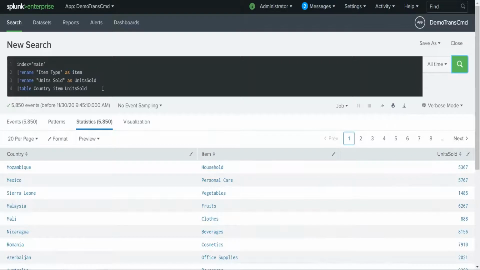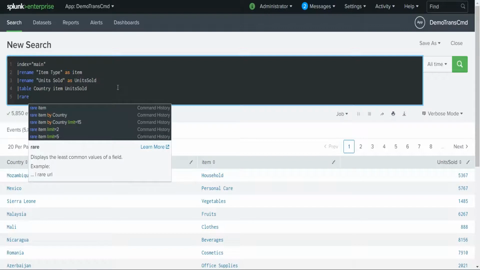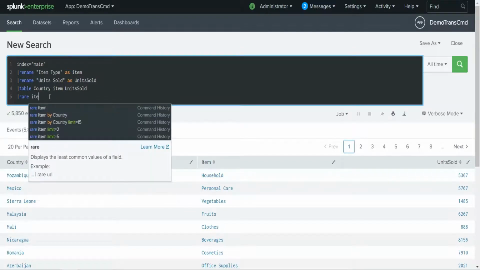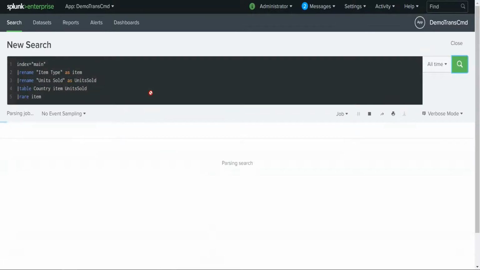What I would like to know is the least common items which are sold, or the least frequent items which are sold. So I'll write the command rare, and the field name is item. You can take it from here, item. Okay, and just apply your search.